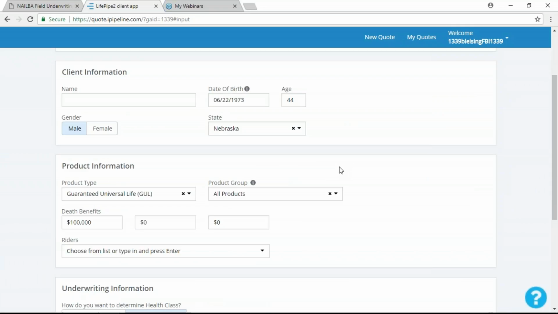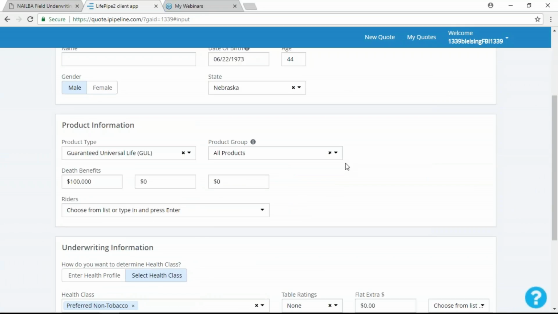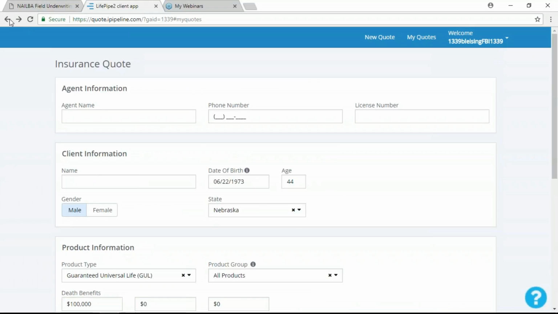Just because one company has the lowest price doesn't necessarily mean that they are the best choice for a particular client. There are about half a dozen different items, built-in riders and features that aren't necessarily obvious on this quoting engine, and I'll walk you through who offers what and why you might want to be talking about that